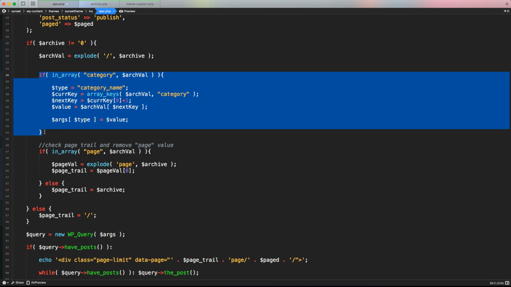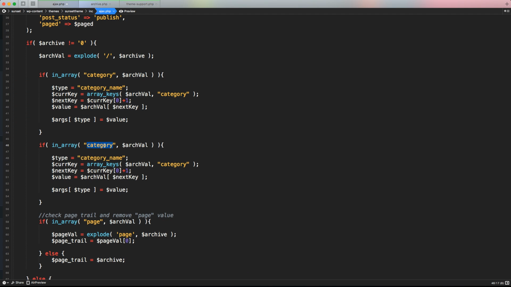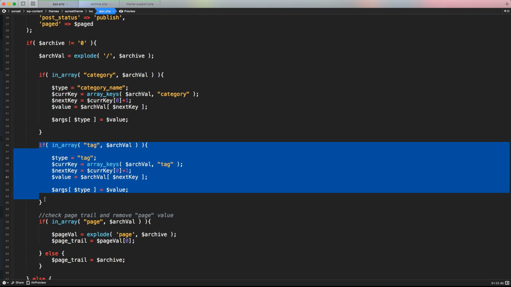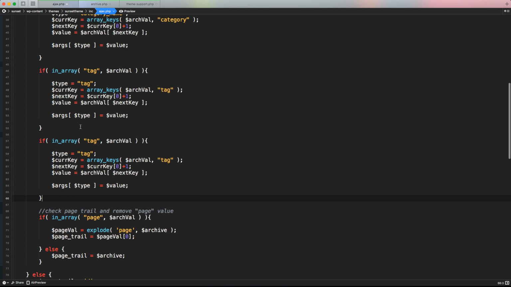Let's completely copy this part and check if in array we have tag, the type is going to be tag, and the array case is going to be archival. It's going to be equal to tag, and then the next is going to be that one. Let's duplicate it again, and here we have the array author,